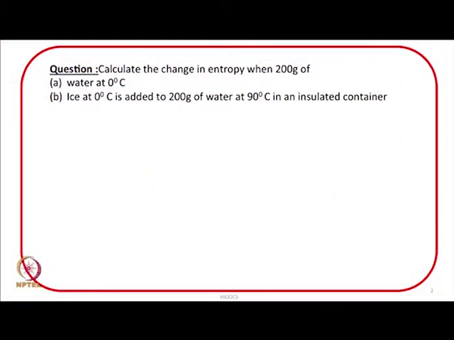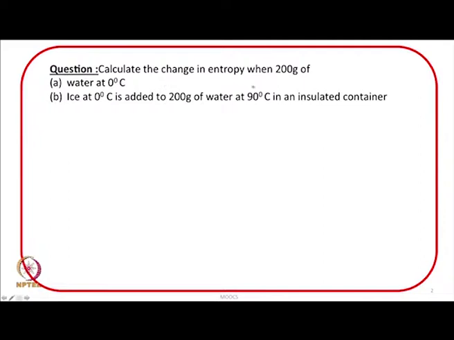Let us continue with our discussion on solving some more numerical problems. And today we will further discuss the calculation of changes in entropy under different conditions. Let us first take up this question, which is